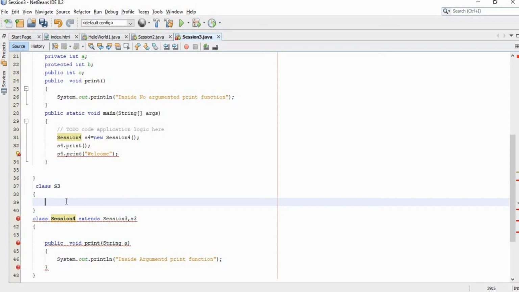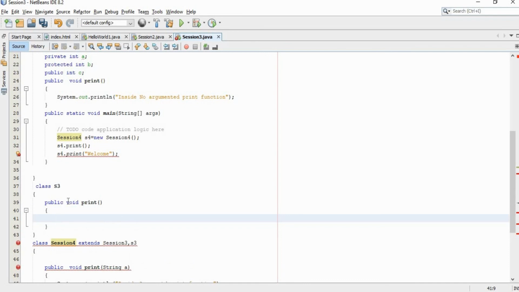If I use the object of the derived class to call the function inside a base class, the compiler will get confused about which function it has to call. For example, if I have another print function inside the base class S3 and I call print, there will be an error. This is the reason why Java doesn't support multiple inheritance directly.